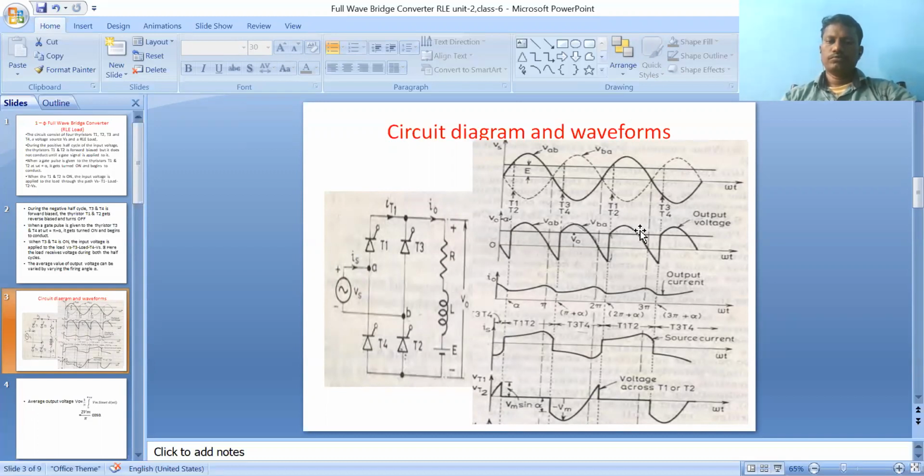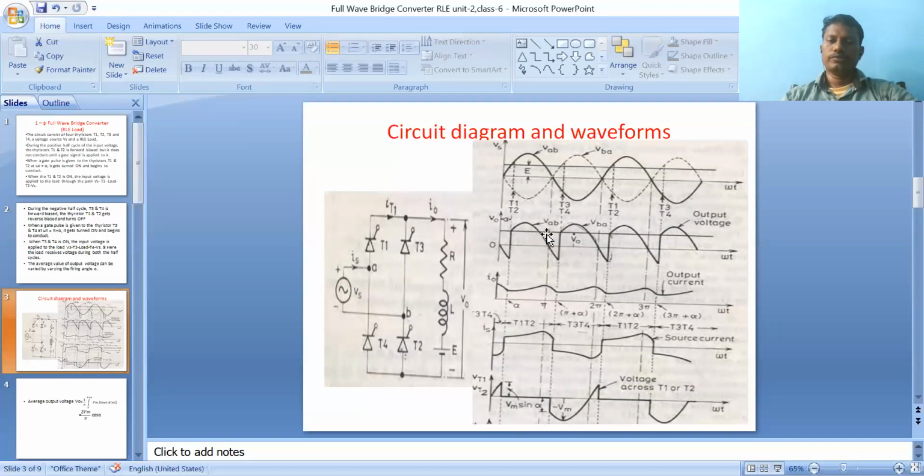So this is the waveform of the output voltage, and what is the current? It follows the same. At the end of the positive cycle, what is happening? The inductor does not allow sudden changes in current. So this energy is directly transferred through E and T2 and also T1. Clear? So what is the voltage? It is also the same, negative, during the negative half cycle. Okay, clear? So what is the current? Like that it happens, and like that the graph will be developed.